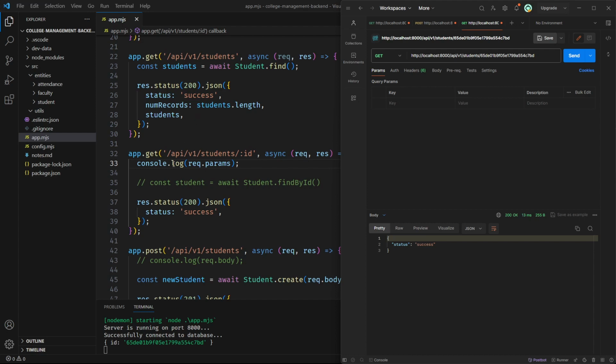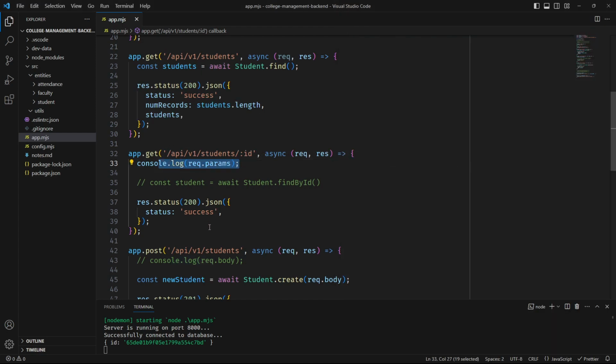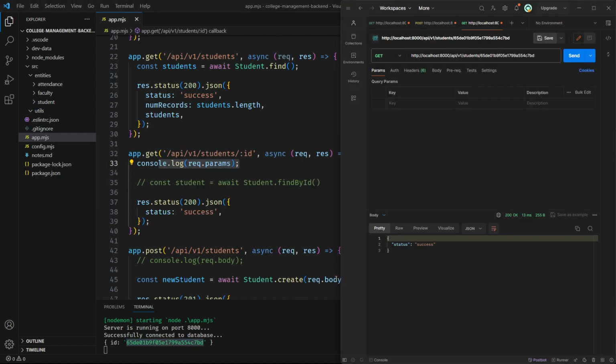yes, here you can see I'm logging the req.params. Here you can see I have an object with an id field with a value of C7BD, which is exactly what I specified here. So what is happening is that these are known as params. You note this one.